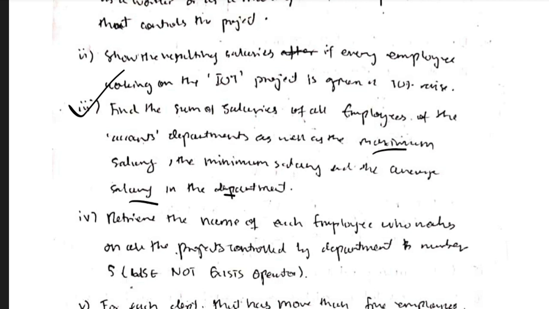and the minimum, maximum, and the average can also be found by the aggregate functions like sum, average, min, max, and by using the group functions to group the people according to the department. Okay,